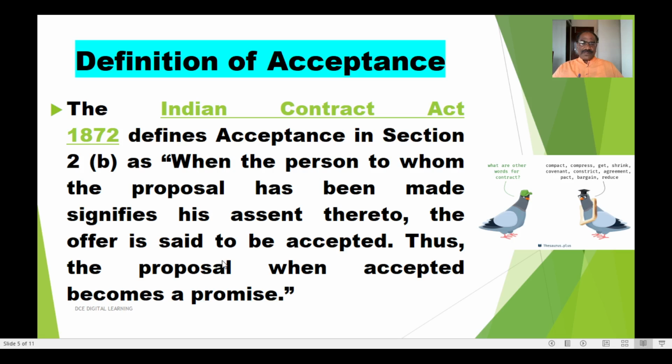Suppose the offeree does not accept the proposal which is made by the offerer or the proposer, then there is no promise. So therefore in order for the proposal to become a promise, it requires the acceptance by the offeree. So when the proposal is accepted by the proposee, by the offeree, then that proposal will become the